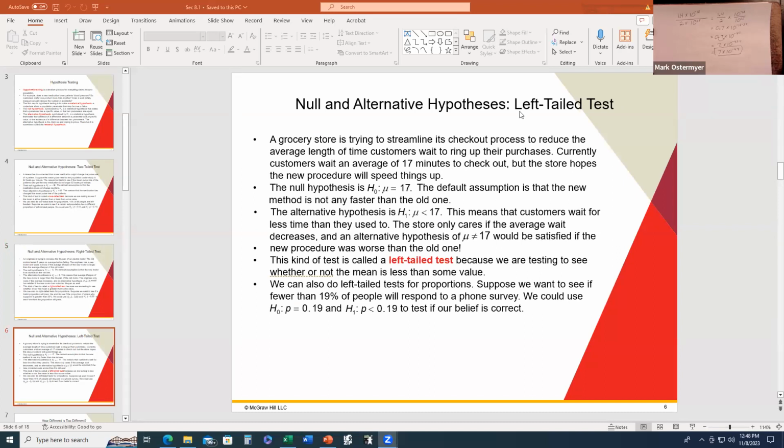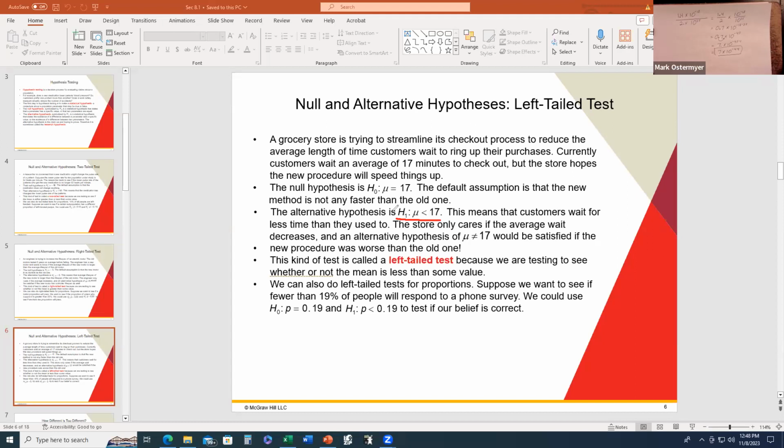All right, if we're conducting a left tail test, sometimes referred to as a lower tail test, then we would want the less than symbol to be evident in our alternative hypothesis statement. So if you see an alternative hypothesis looking like this, then this would be a lower tail test or a